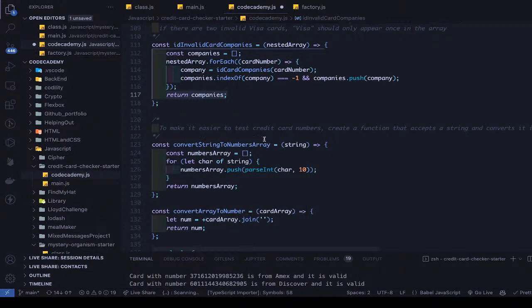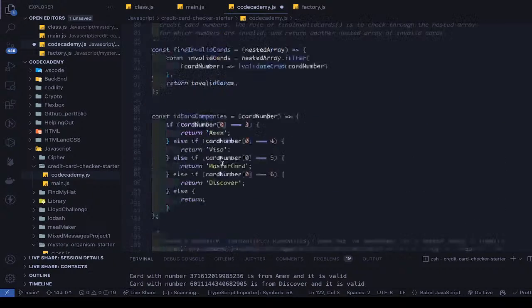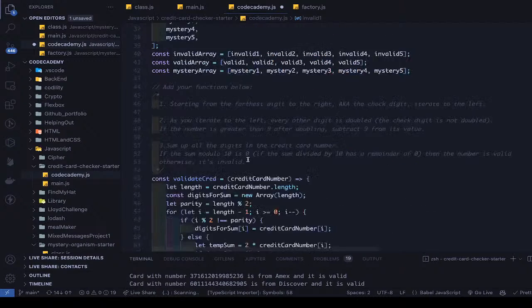The other problem that they showed us is this one, which says, to make it easier to test credit card numbers from a credit card generator, create a function that accepts a string and converts it into an array of numbers, like the initially provided arrays. So they are saying that if they pass the number from a function that generates a valid or invalid credit card number,